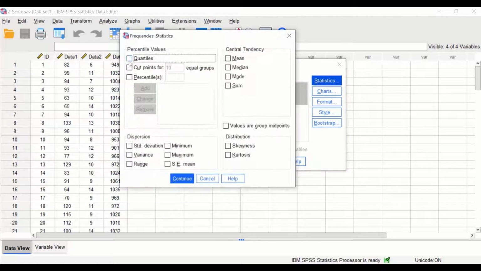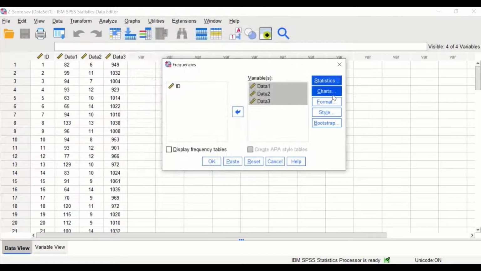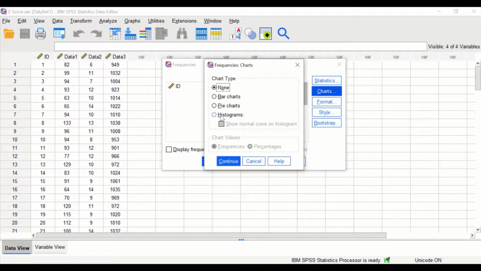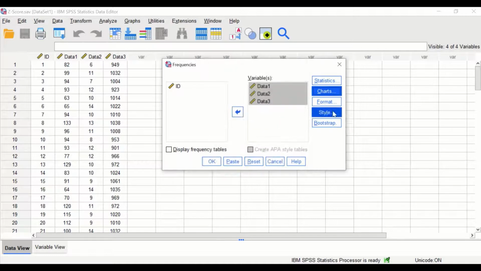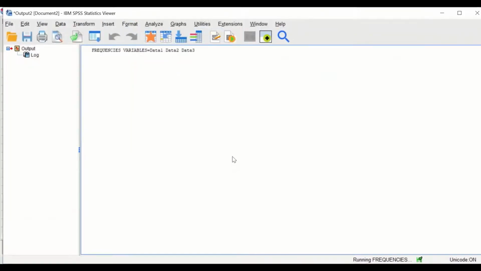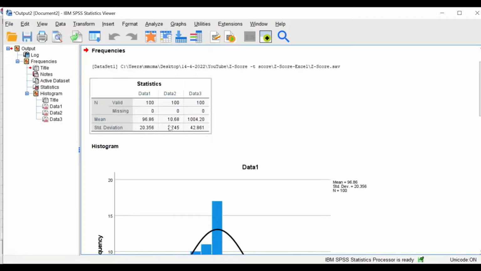So if I click on Statistics, I'm going to add the mean and the standard deviation. And for Charts, I'm also going to look at the normal distribution of these variables. And then if I click on OK,